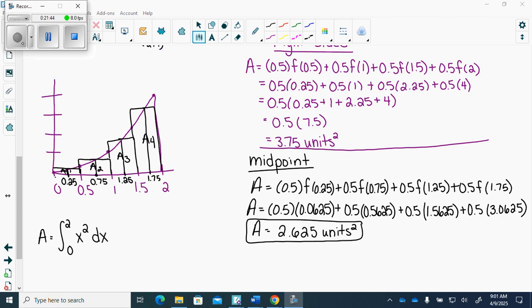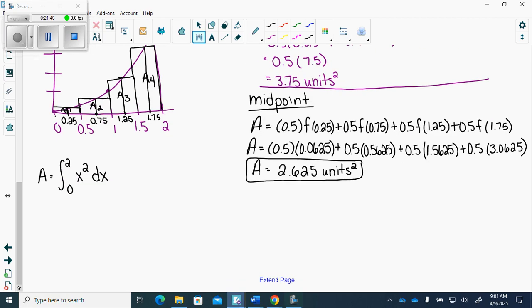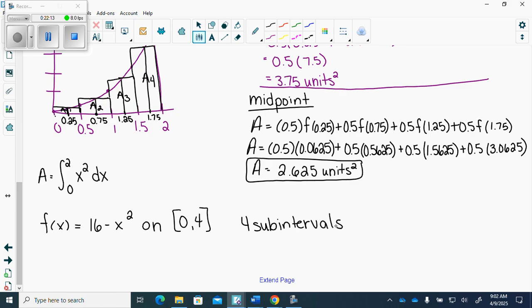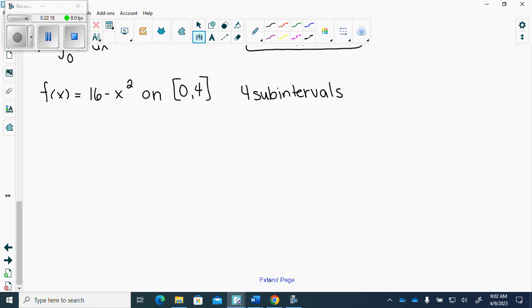So I'm going to get you guys to do this one. So f of x equals 16 minus x squared on 0 to 4, the domain 0 to 4. And we'll do 4 subintervals. It was 4 or 8, but that'll be nice. 4 subintervals. Now, you don't have to sketch the graph to do these, just so you know, but I will